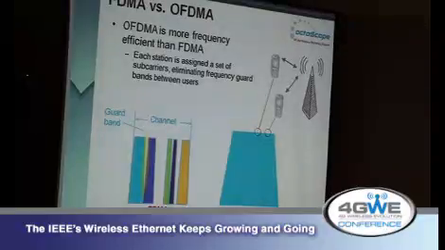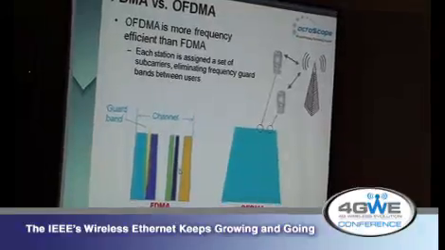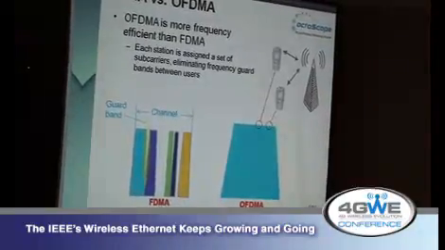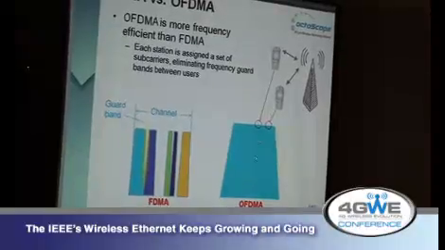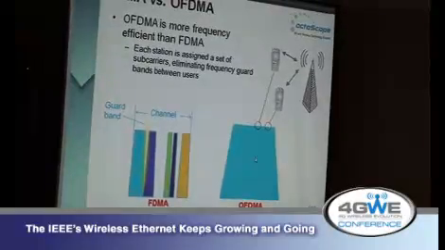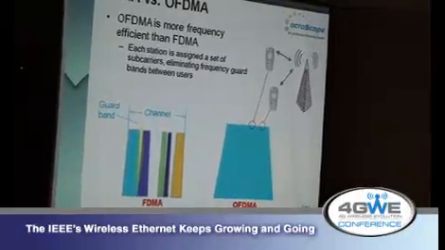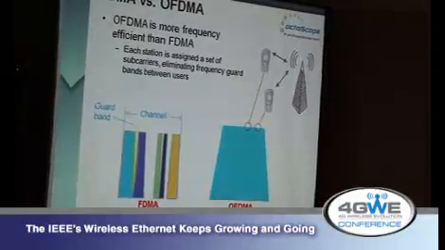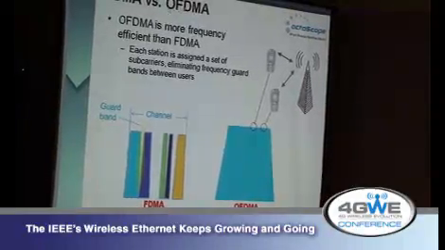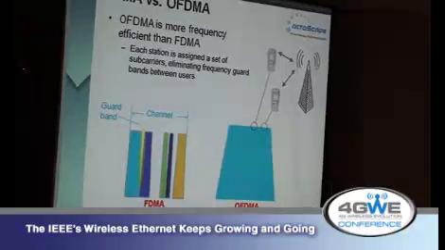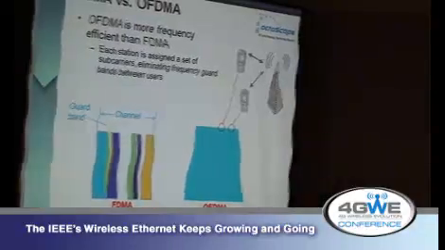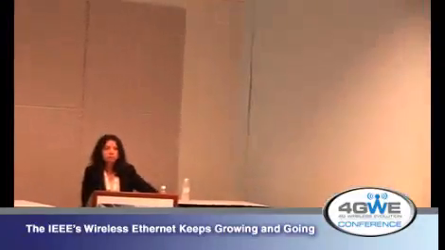Why is this better than FDMA? It was because when we have different channels, there are always guard bands between channels, and we don't use the spectrum efficiently. When you go to OFDMA, the carriers are orthogonal and they don't interfere with each other. They have a special relationship, so you can squeeze them right next to each other and use the spectrum a lot more efficiently. So OFDMA essentially is the most efficient OFDM-based technology that's used by WiMAX and LTE and probably all the future standards that need to be efficient on the air.